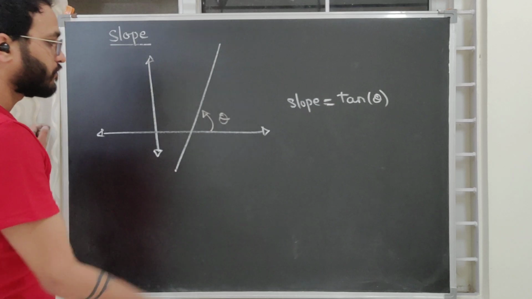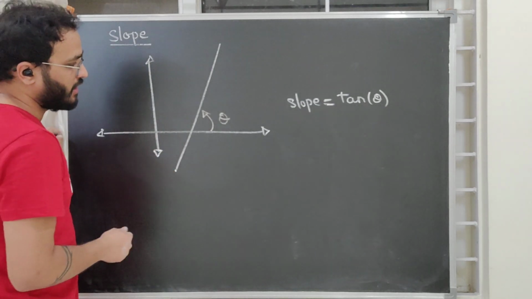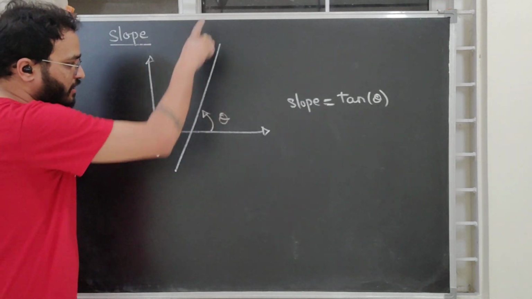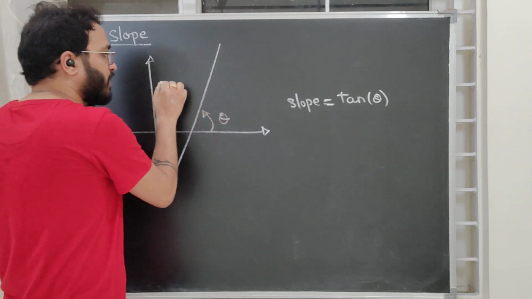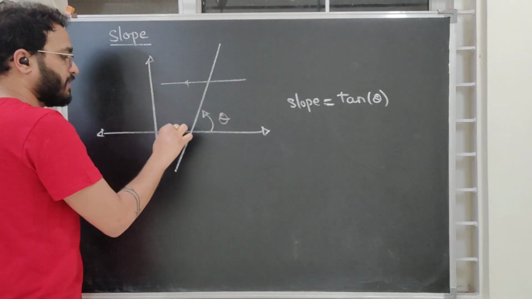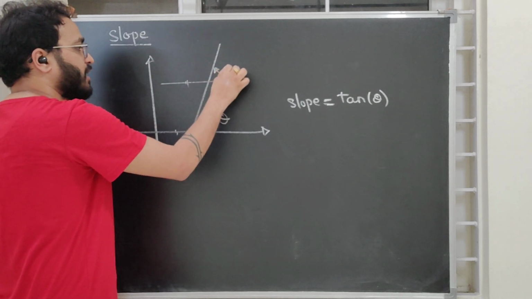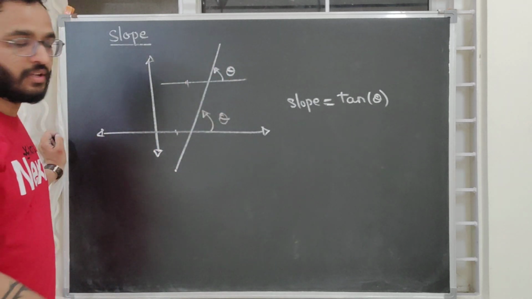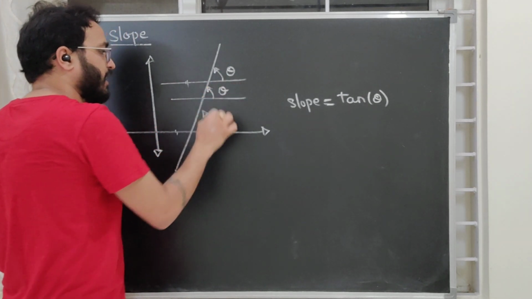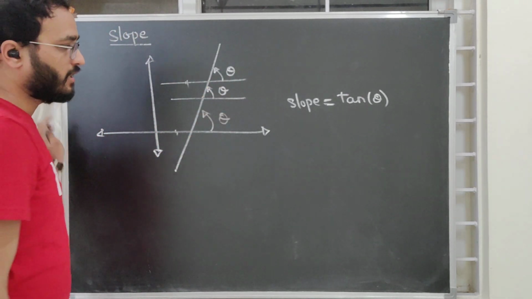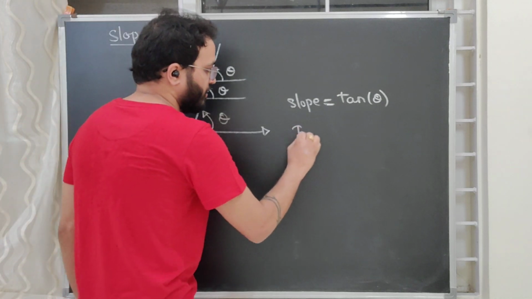Now, one more way to understand theta is, see, if this is a straight line, you don't say that only this angle is theta. You can also draw a line parallel to the x-axis and say again this is making angle theta with the horizontal. If you draw at this point a straight line, you can measure this angle, say again, so this is theta.